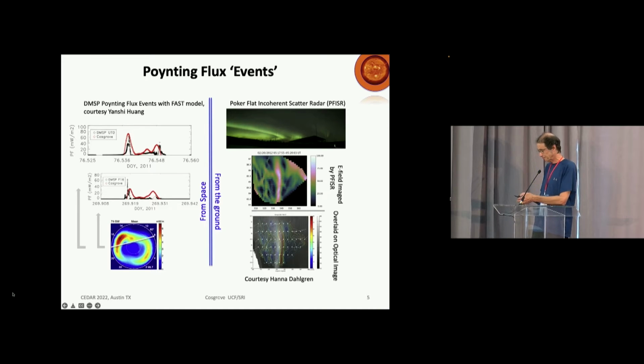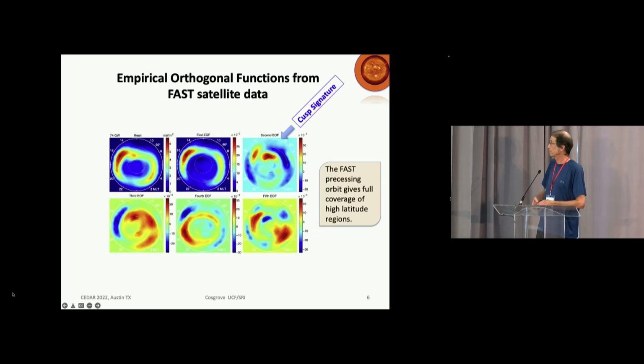Okay, moving on. A little bit about model construction. One of the good things about FAST for doing Poynting flux, and this may be true of SWARM also, is that it has a precessing orbit. So it gives you full coverage of the polar regions. So you can actually do things like construct empirical orthogonal functions and get whole coverage. So to make the model, I made these. This is the mean here, and then the next five are the first five EOFs,